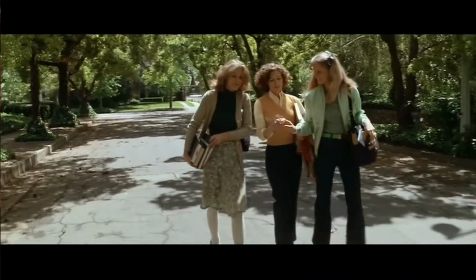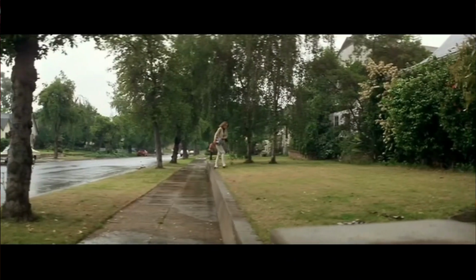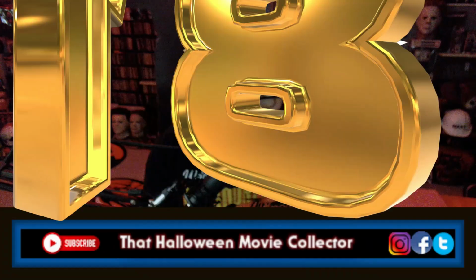Number 17 on this list. Walking home from school, the girls are seen traveling along a very dry street. However, when Lori is left alone and she gets home, the streets are now wet, so it must have rained between shots. Now here's another, I guess, simple continuity error,